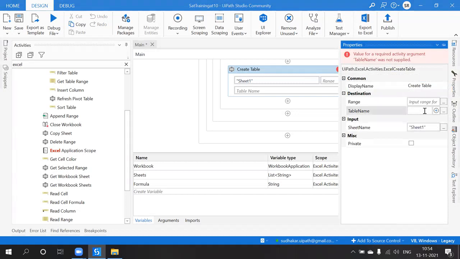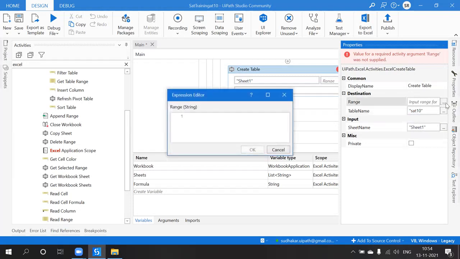So what is the name of the table? And sheet name, this is the input, and the destination. So what input range? How will you provide it? What is the range of the values we would like to create as a table? So I will give